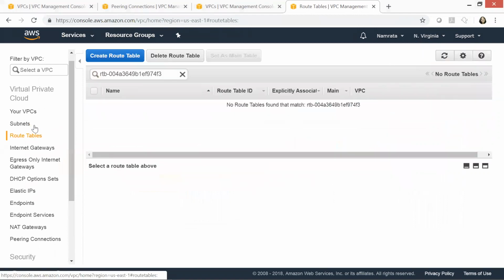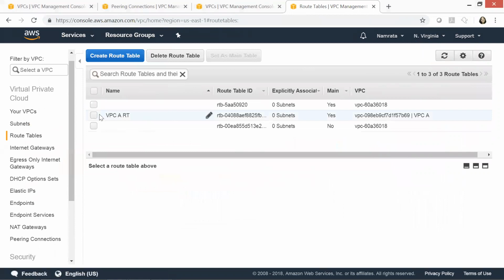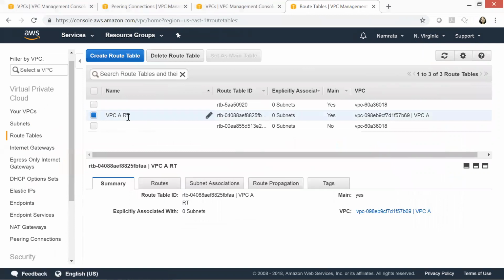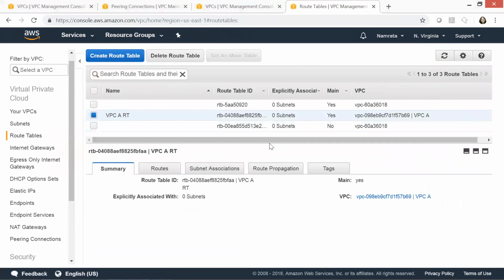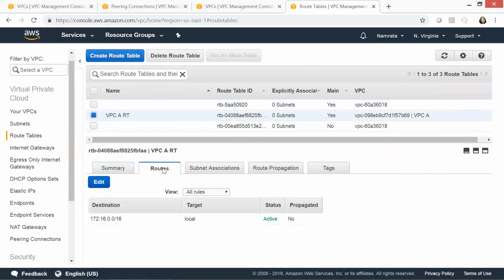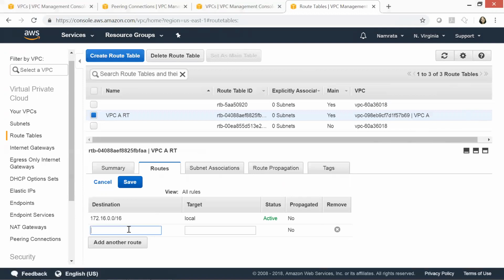If you remember, this is the route table. We had renamed it as VPCART so that we don't miss it or select some other route table because I have some others as well. So let's click on route and then click on edit. And that's where we are going to add another route. So we are going to add a route over here to